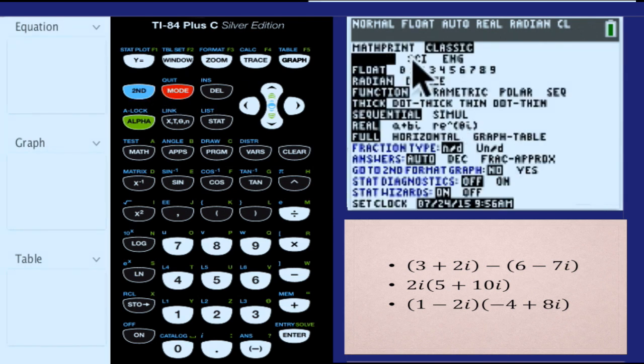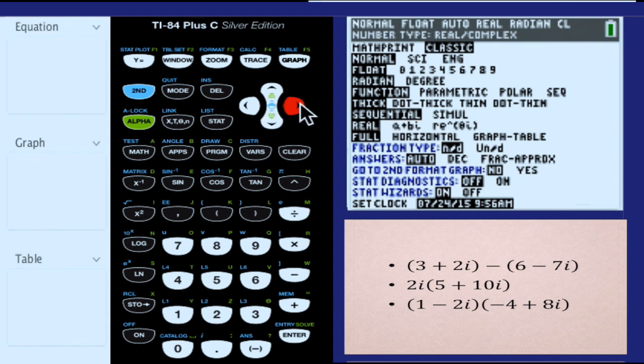Once you do that, you're going to scroll down to the row that says real and then a plus bi. That's the complex mode. So we need to scroll down to that row and then over to the second choice. To scroll down, you press the down arrow key. Looks like we're going to press it 7 times. Just keep pressing it till it highlights real, and then we're going to scroll to the right to highlight the